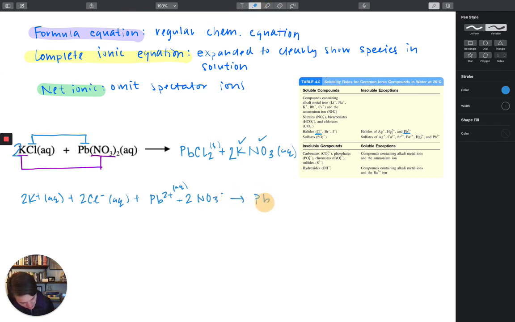Going to our PbCl2 solid plus 2 K plus, 2 NO3 minus aqueous. Totally fair. All right, so this is my formula equation up